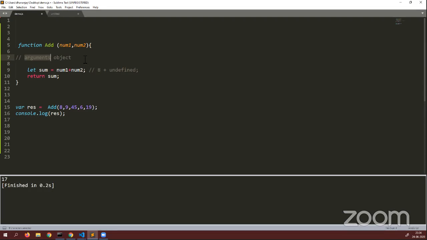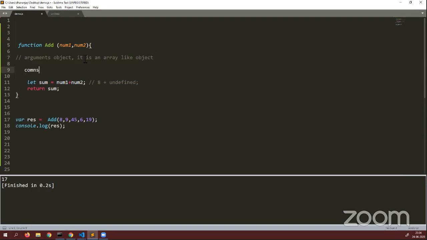array-like object. It is an array-like object, but it is not an array. Keep that in mind. Now here, if you go and print console.log, and if you say arguments.length, this should give you the exact number of arguments you are passing. Here you are passing 5 arguments, 1 2 3 4 5, and arguments.length returns